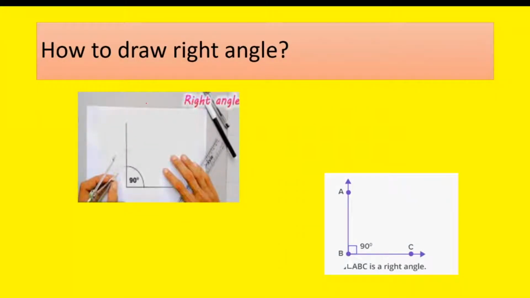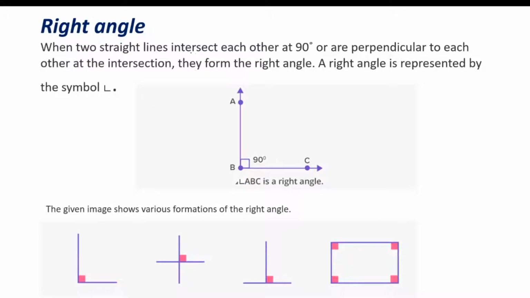So, children, today I will explain how to draw a right angle. Let's start. Look here, what is a right angle? When two straight lines intersect each other at 90 degrees, or are perpendicular to each other at the intersection, they form a right angle. Here, children, you can see ray AB and ray BC both intersecting at point B,